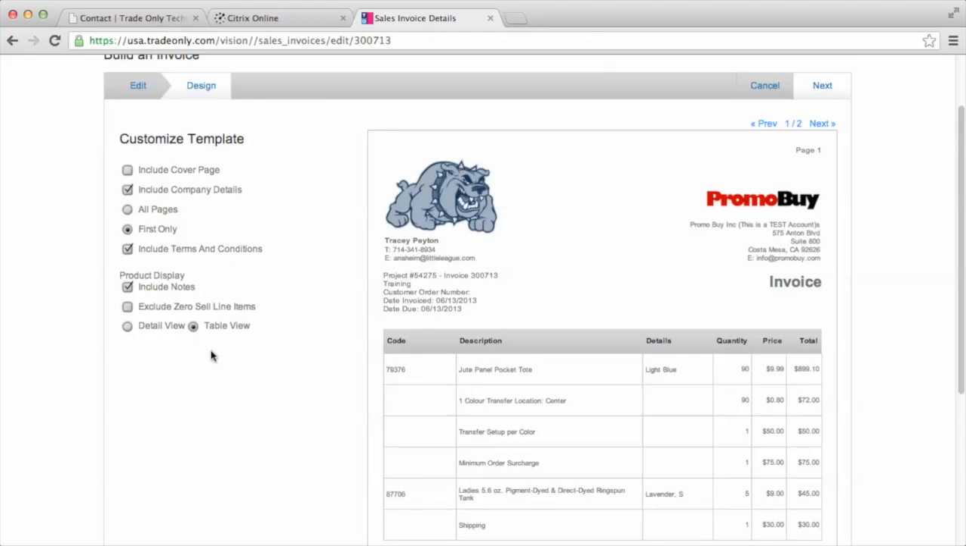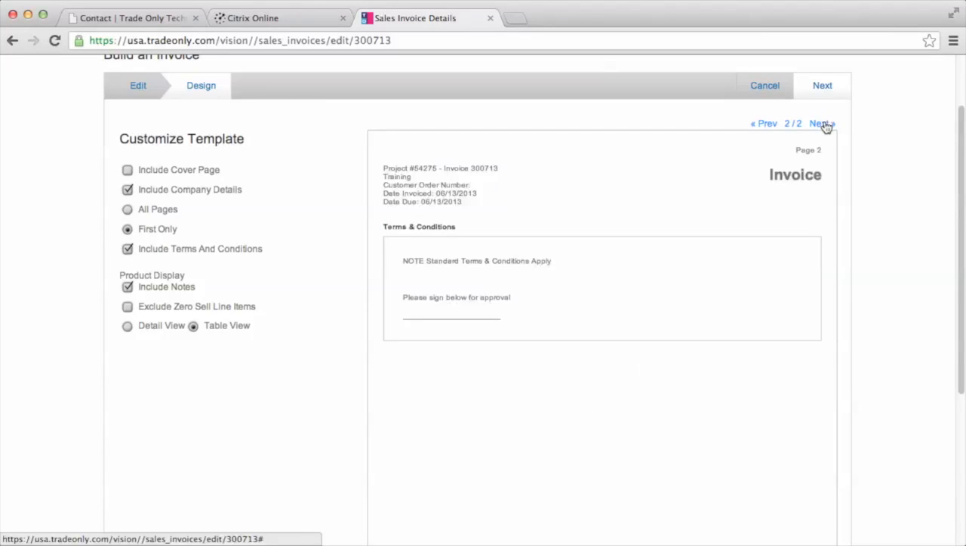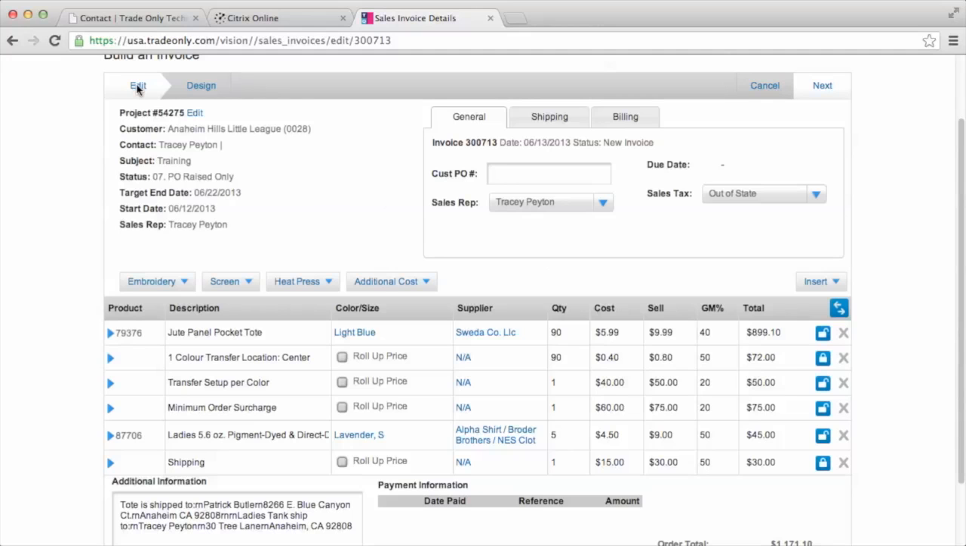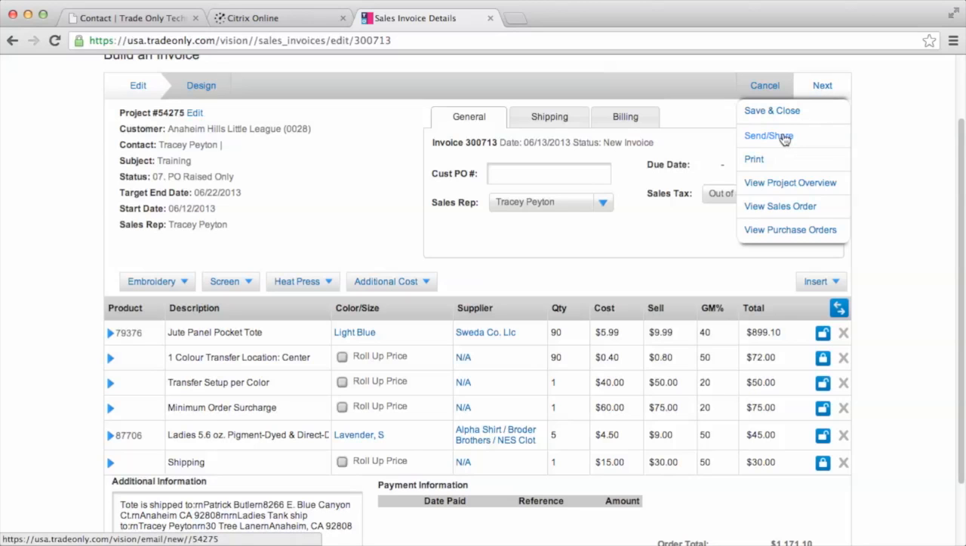Okay. And you can go to the next page to see the complete invoice. So this generates a PDF for that customer. If I go back into the edit mode, I can now come over here to next, and if I'm happy with the invoice, I can go ahead and send it to the customer or print it out and give it to them. So if I come in here to send and share,